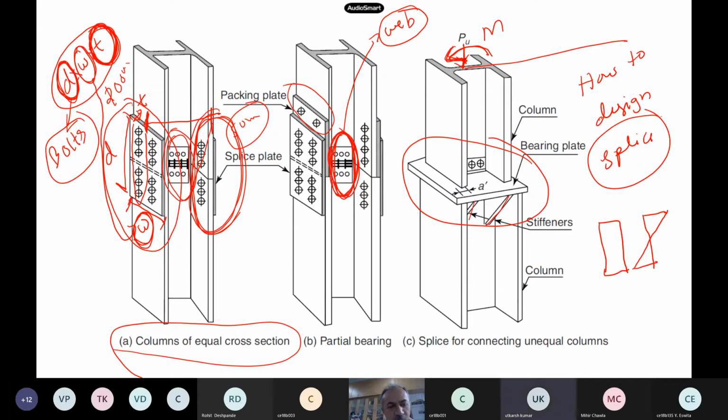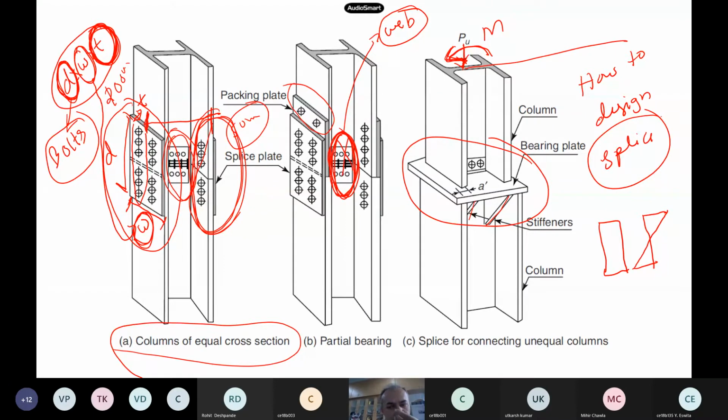No, sir. Why? Because there is no shear force. If shear force is given in the question, then you have to do it. But in practical cases, because we don't know, we provide shear splice also. But in our problems, shear is not mentioned, so the web splice is not required.